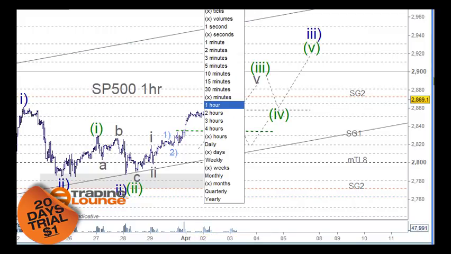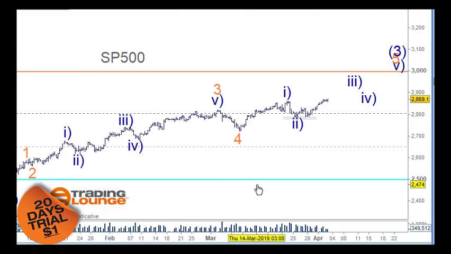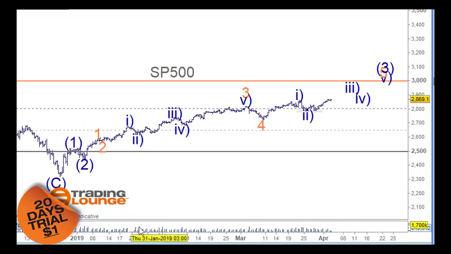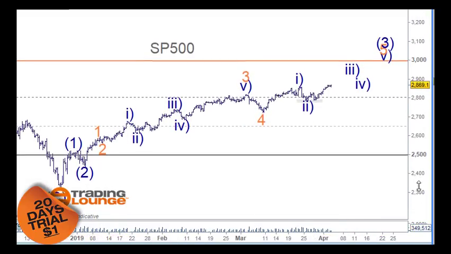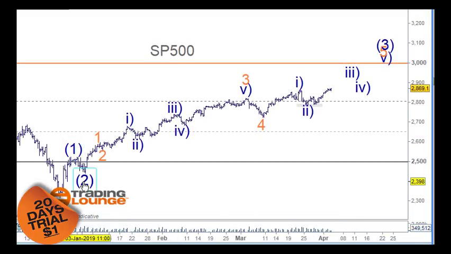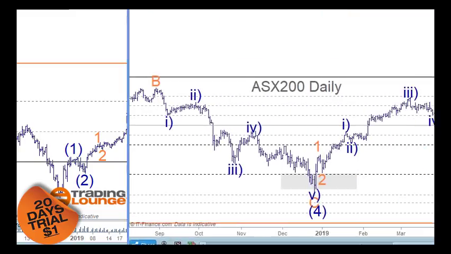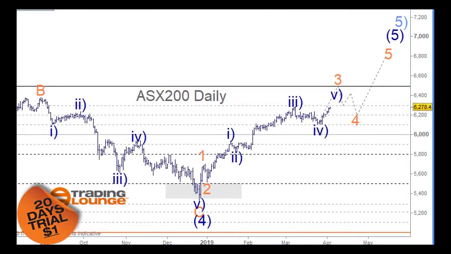So the bigger picture that we were looking at last time was this here, where we have, let's just go over this, because with wave 1 and 2 here, and 1 and 2, and all the way up here for the 3rd wave, for the 4th wave here, then 1 and 2 and 3 and 4 and 5 here takes us to the 5th of the 3rd here. So all that's probable, but I also wanted to share this count here, and this is in